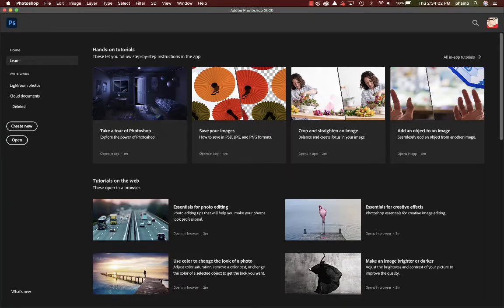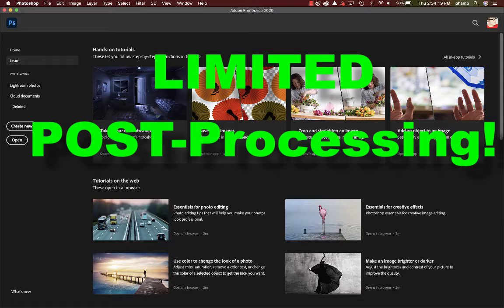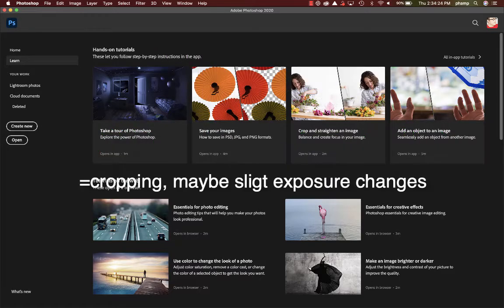Hello, I want to make a brief video on Unit 1 use of Camera Raw. We don't want to do any post-processing extensively with this unit, since this unit is really about taking the best photo we can right out of camera. However, some of you may elect to do some very limited post-processing using Adobe Camera Raw, and I want